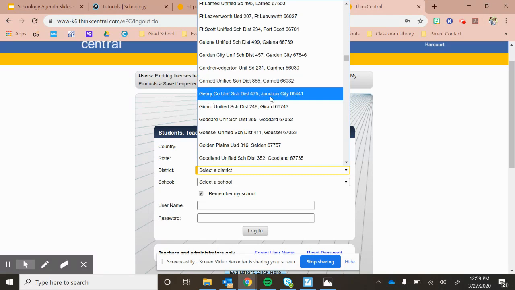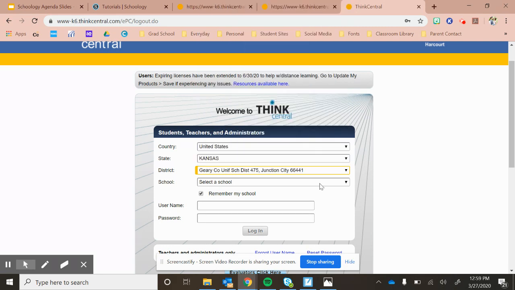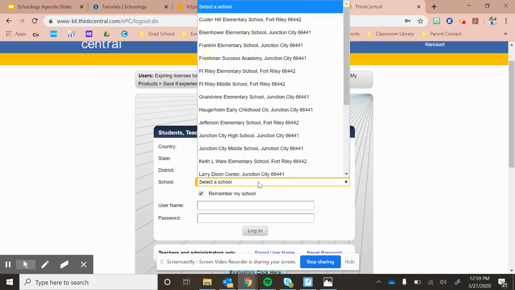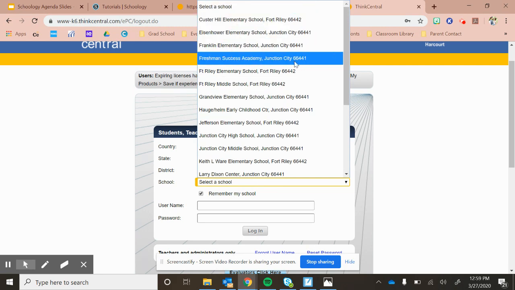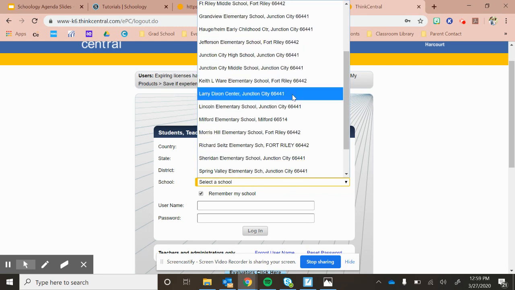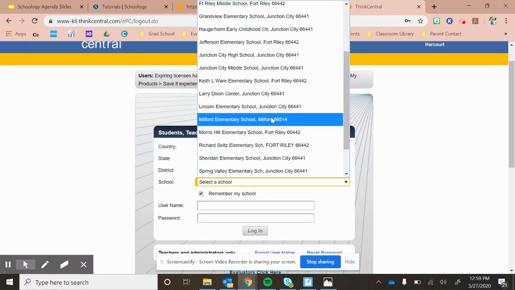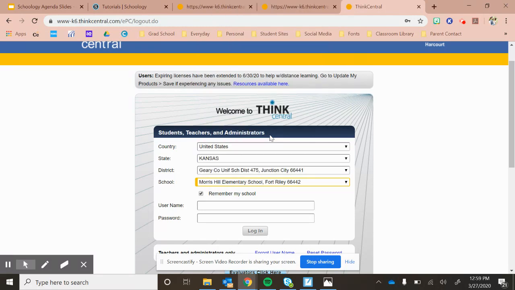Even though our school's on Fort Riley, this is the county and the district that we want. So we're going to click on that. And then it's going to want to know what school you go to. And that's when you're going to look for Morris Hill. So again, we're in ABC order. So if I scroll down, I'm going to look for the letter M for Morris Hill, select Morris Hill, and